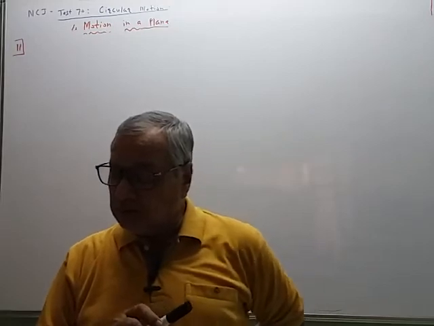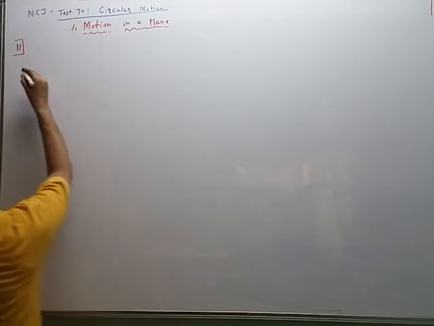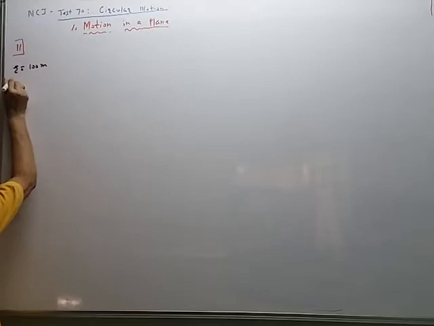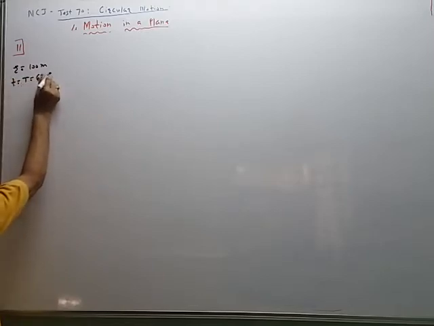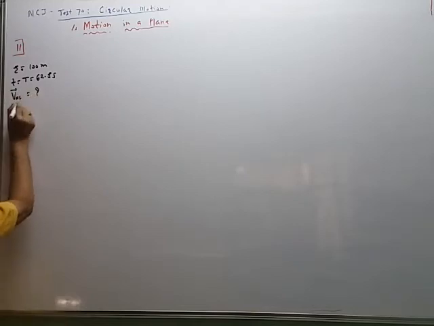So, what to find? Average velocity. The radius is given, r is equal to 100 meter, and time t is given, actually it is the period of circular motion, 62.8 seconds. Actually this is the value of 20 pi. And you have to find average velocity and average speed. With arrow means it is a velocity, without arrow means it is a speed.